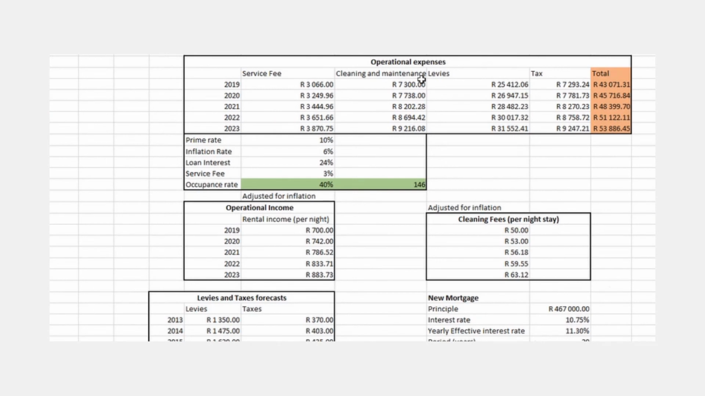To determine our operational expenses, we see that our service fee is just 3% of our operational income, and the cleaning fees are actually just 50 Rand per night that someone stays there, and then we can multiply that also just by the 146 days and get our cleaning and maintenance fees. Levies and taxes are